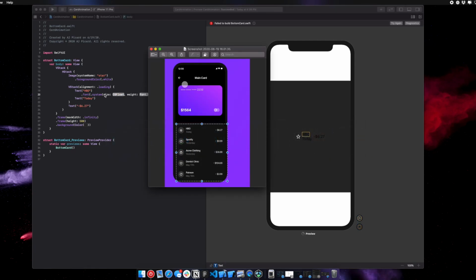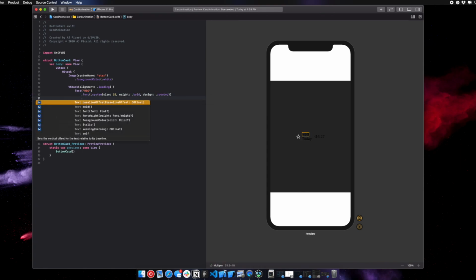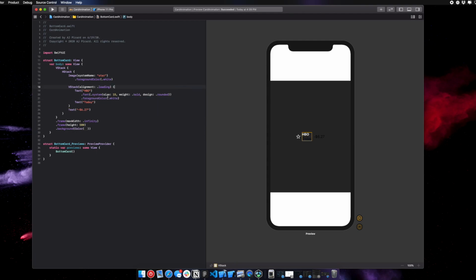I feel like this would be like 15 dot bold dot rounded, and we're gonna do dot foreground color dot white. Okay, and actually it might be like 17. Yeah, I kind of like that, but take this, I'm just gonna copy this, I'm gonna put it right below here. I'm gonna drop this to like 14 and make this medium with foreground color of white,